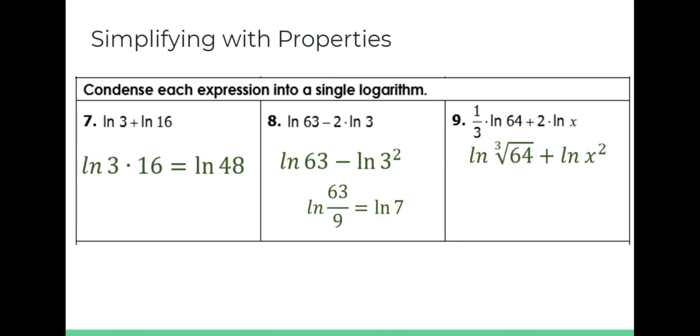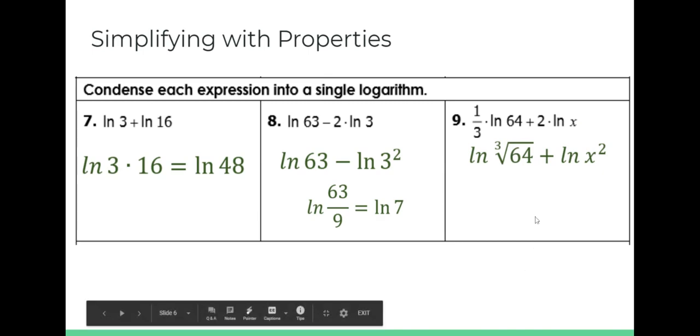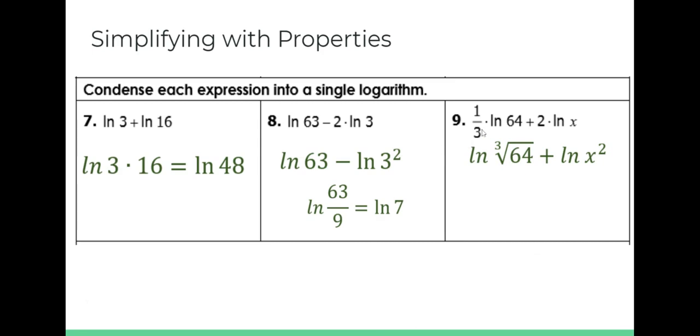So in this next step here, I have condensed out my power rule. Now I can do some math here. If you have your calculator with you, or if you need to, go on desmos.com/scientific, I highly suggest that you do that right now to calculate and see if 64 is a perfect cube. And it is. The cube root of 64 is 4,